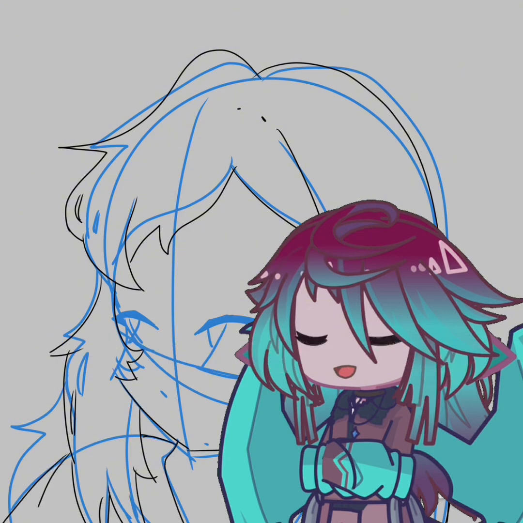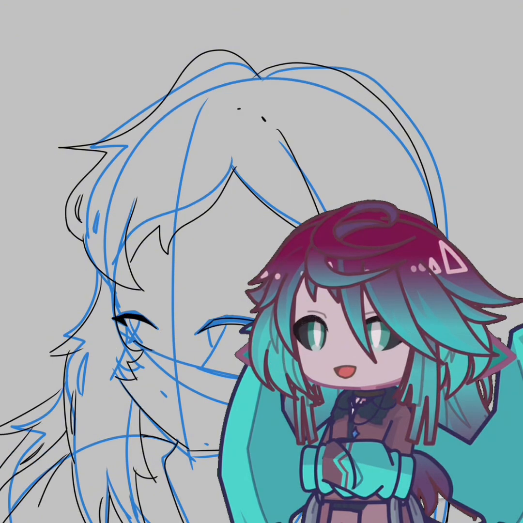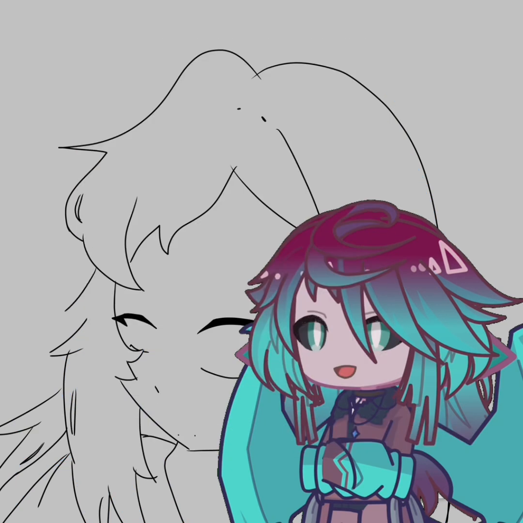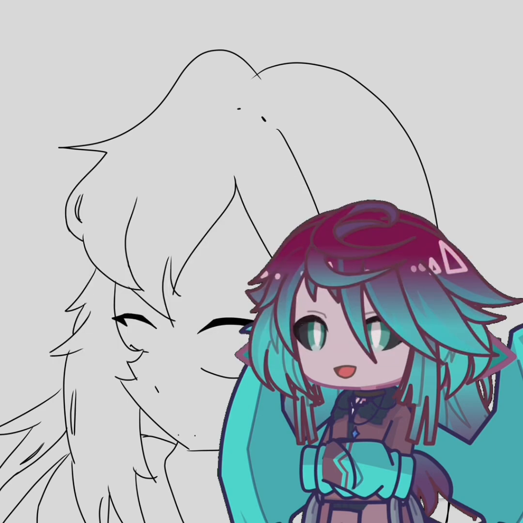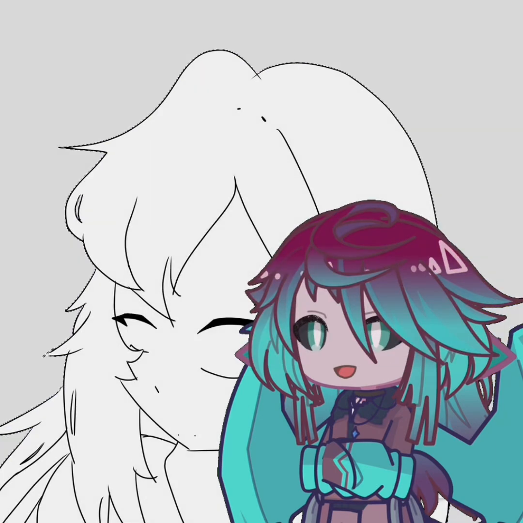And now for the backstory! Once upon a time, he was a samurai. But then a mathematician cursed him. Ooh! He reverted back to one dimension, which is literally just a line. But then he somehow became 2D, so that's better. That's an improvement. And I feel this process would just be really simple. Just to understand that one dimension is literally just a line, somehow live like that for a while, then poof,